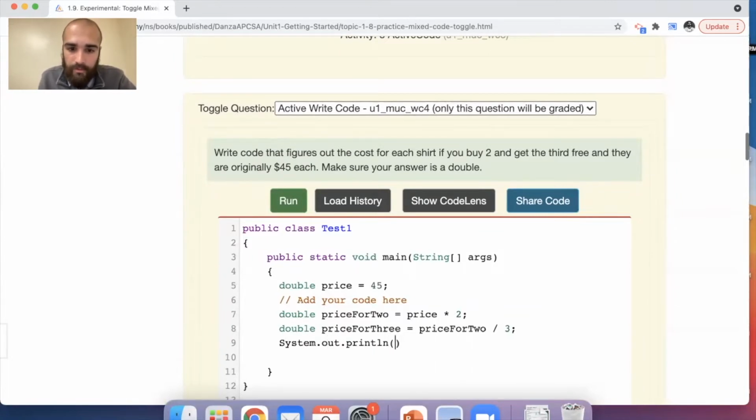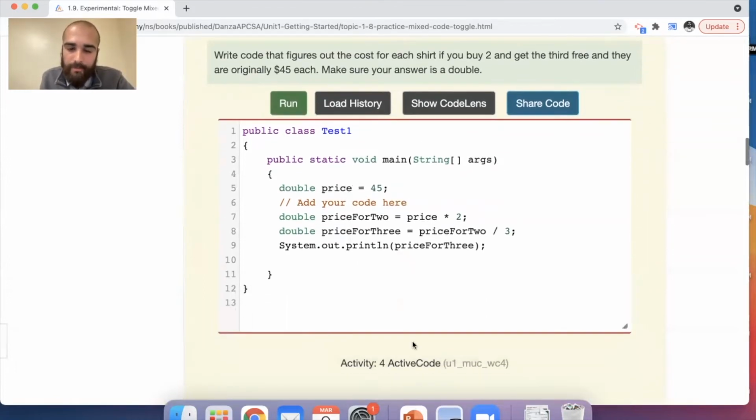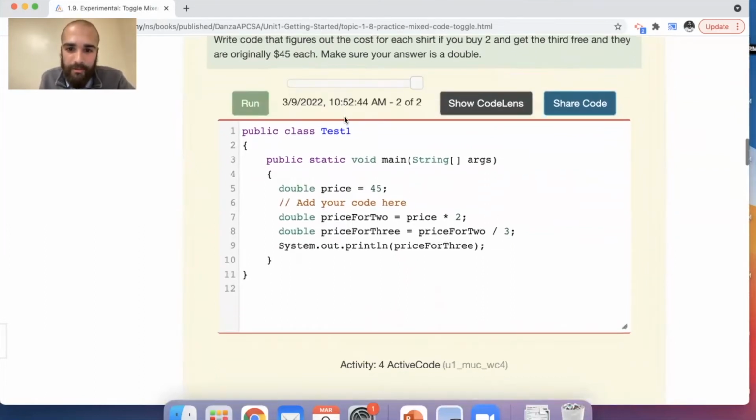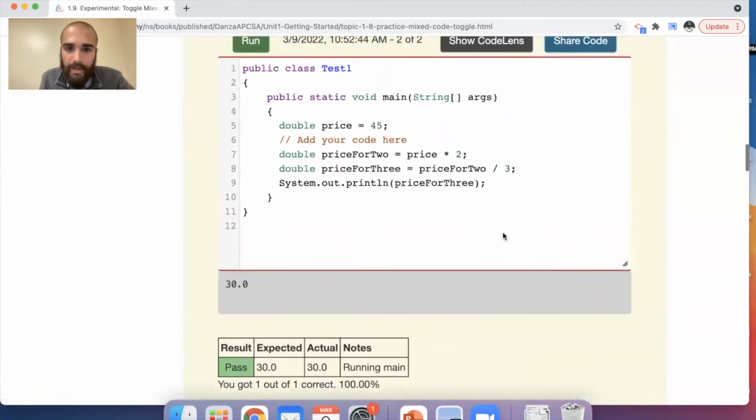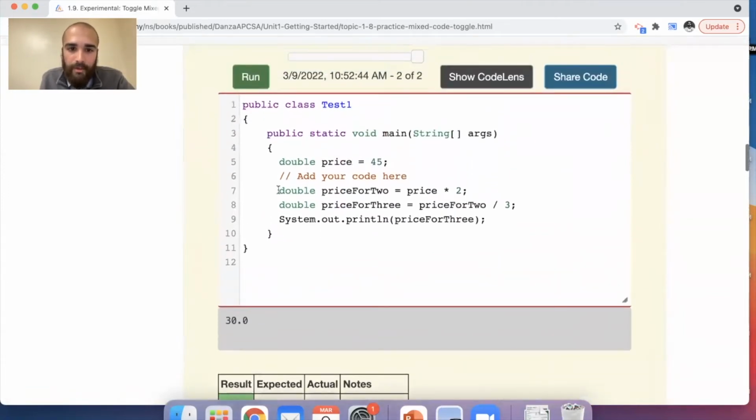System.out.println price for 3. And I'm guessing I'm going to come across more mistakes in my code now that I'm actually typing it, because it's typically how it ends up being, right? Compiling my code. It ran, it passed, but check this out. I'm going to go ahead and just comment out these lines real quick,